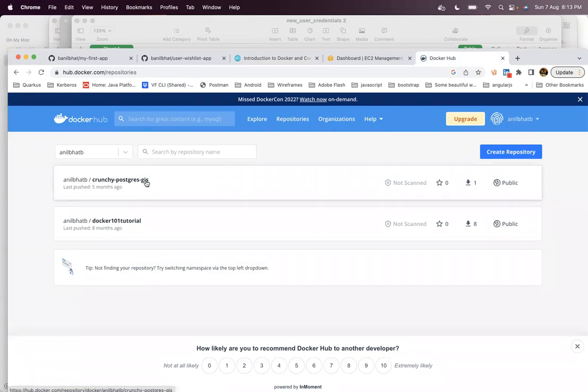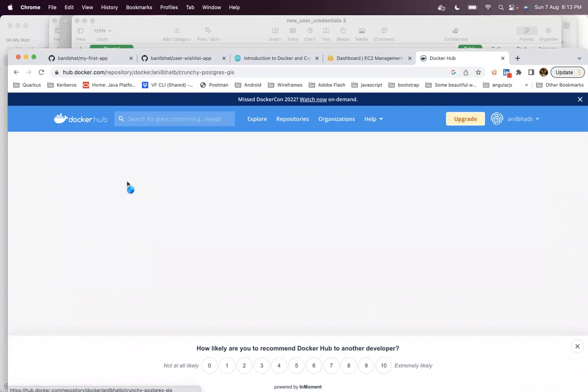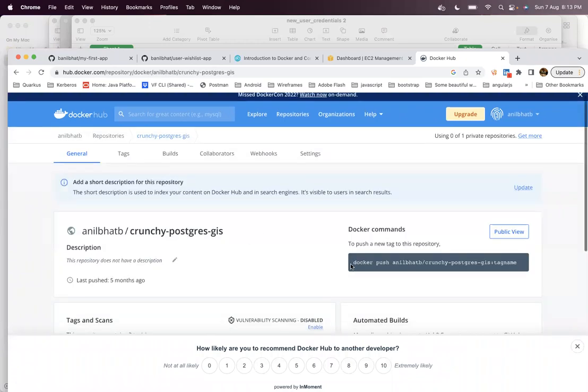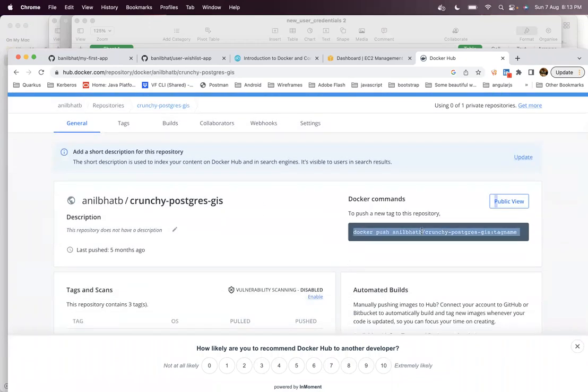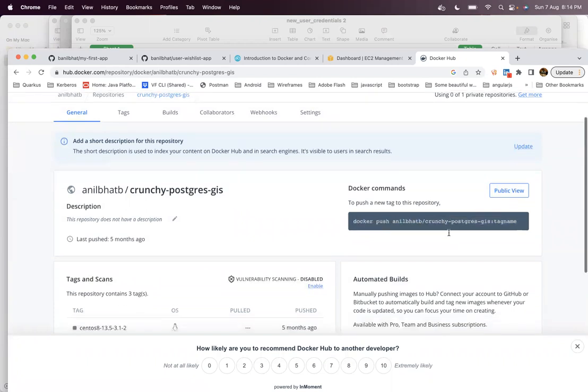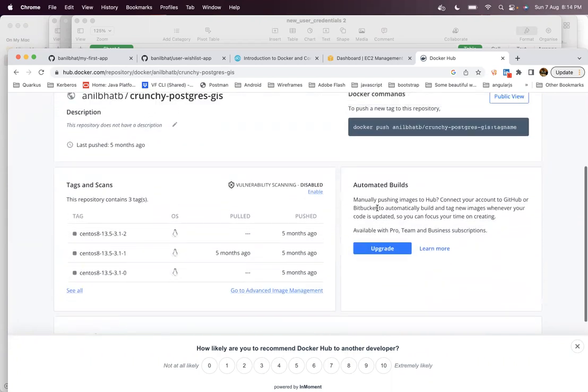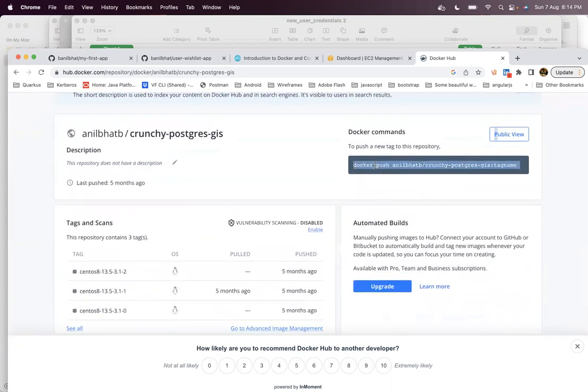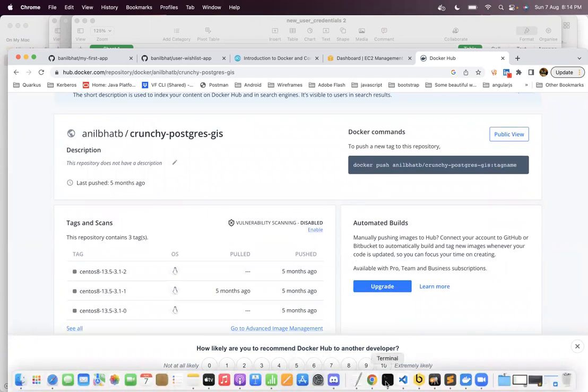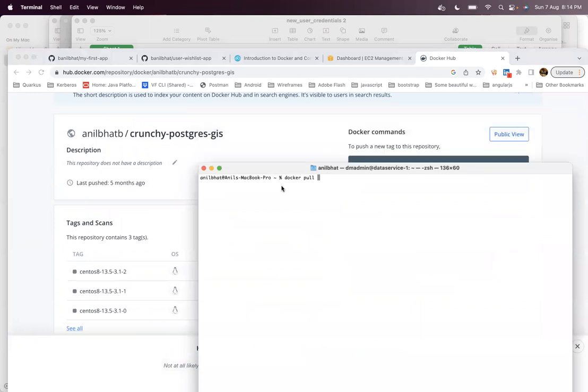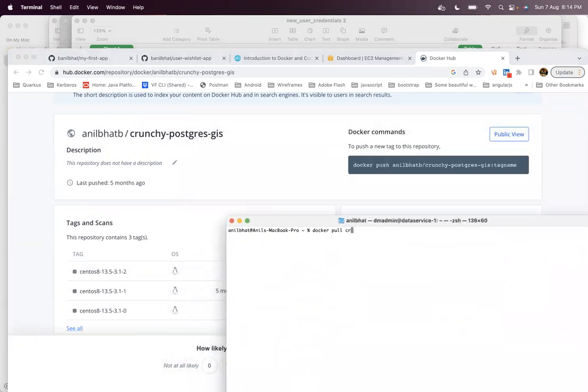I can just pull this particular image. This is the command to pull the Postgres instance. It is to push; similarly, I can pull. So I can just say docker pull.